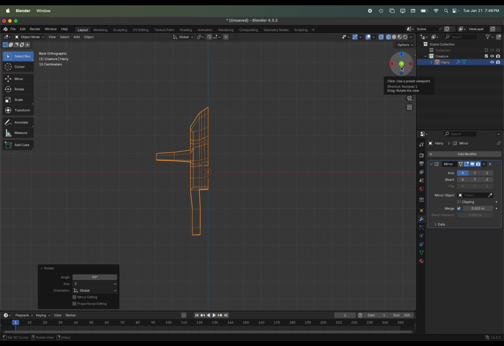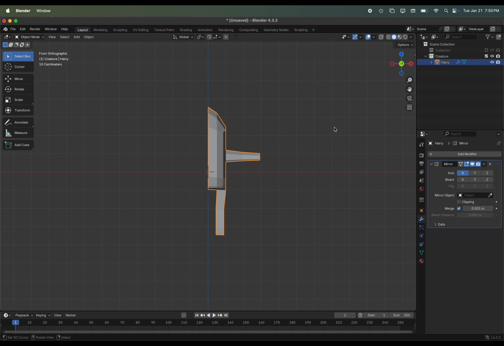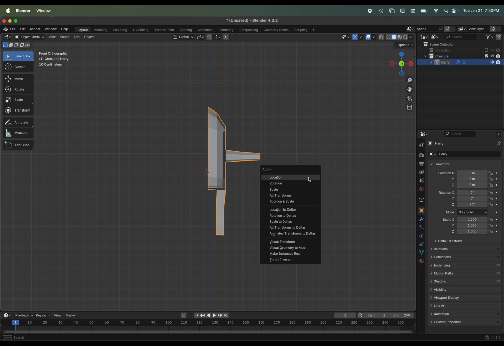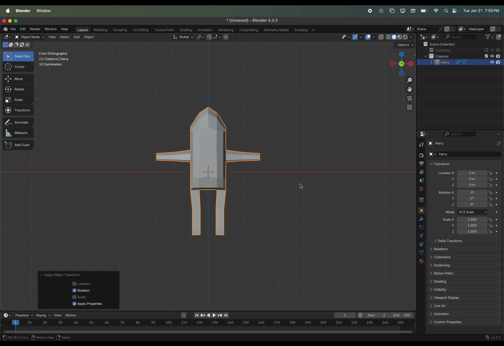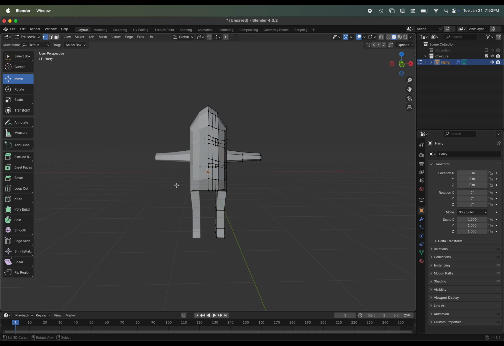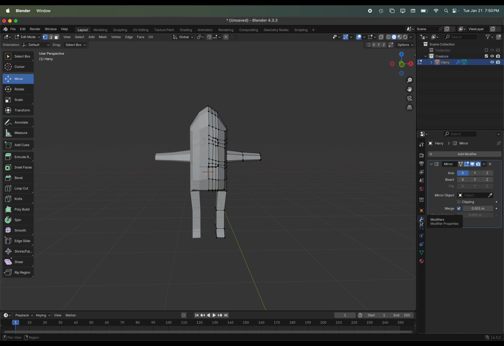So now when I head over into the front view, you'll notice that it's still not mirroring properly. It's because I actually need to apply that change. It's not recognizing it as the actual rotation. So Control A for the apply menu. I'm going to apply the rotation. And now when I take a look, it's actually mirroring properly as I expected to. All right, there we go. So 2 ways that we can correct the direction if we need to.